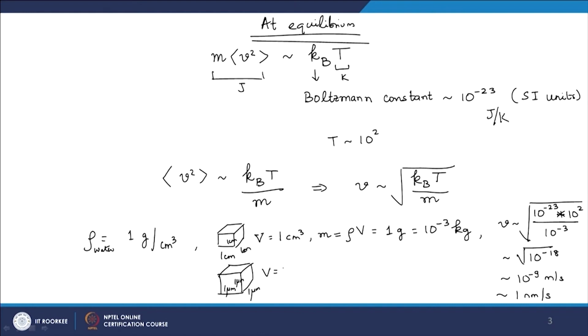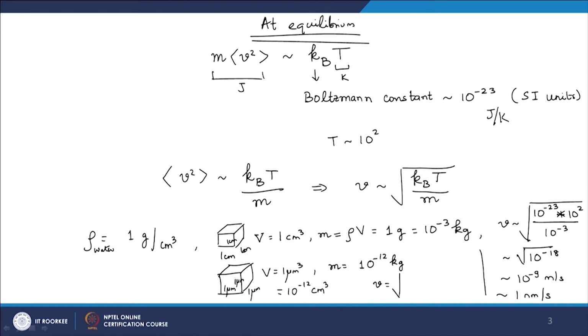Now, 1 micron is 10 to the power minus 4 centimeter. So, the volume is 10 to the power minus 12 centimeter cube. So, now the mass will be 10 to the power minus 12 kg,